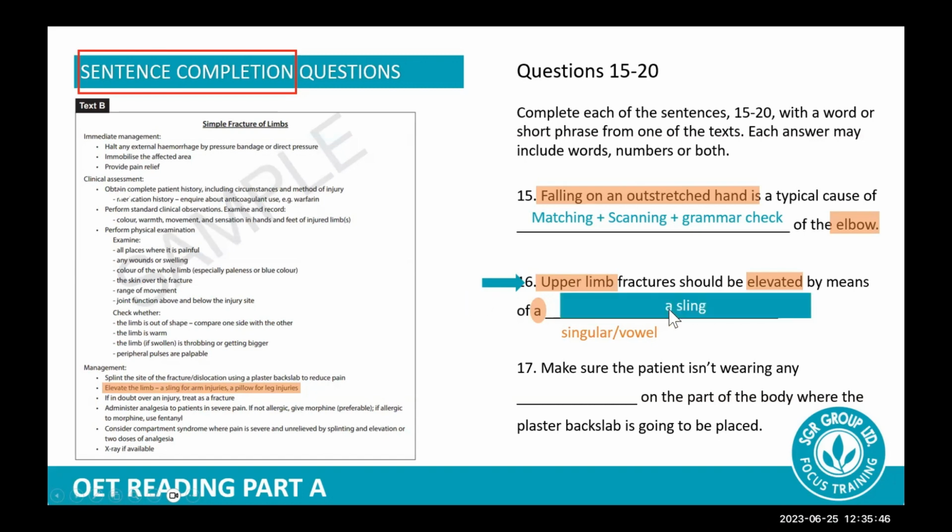But if you answered a sling in here, your answer will be wrong. Why? Because the word a, the article a, is already there, which means OET will not accept your answer. So always remember, if the word is already written in your question, do not include it. So the only answer OET wants in here is just the word sling. So in sentence completion, if you answered a sling,